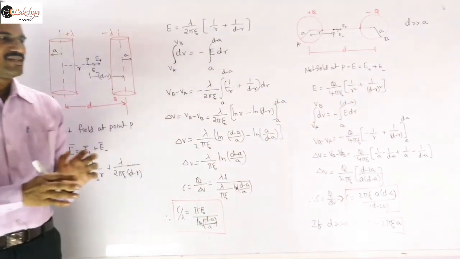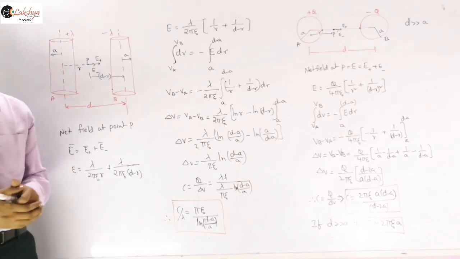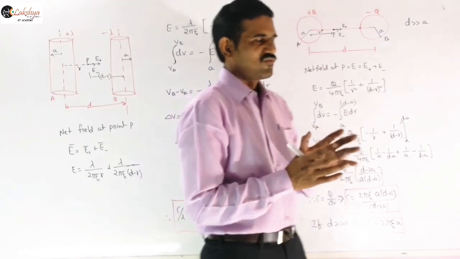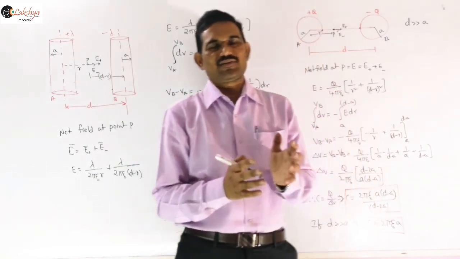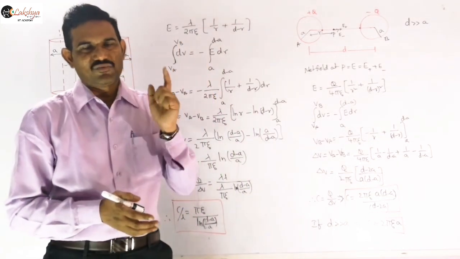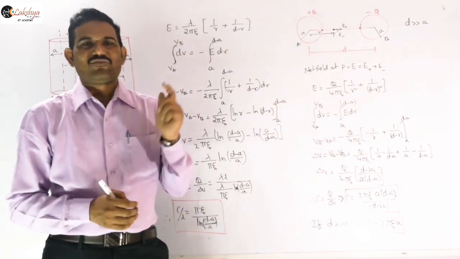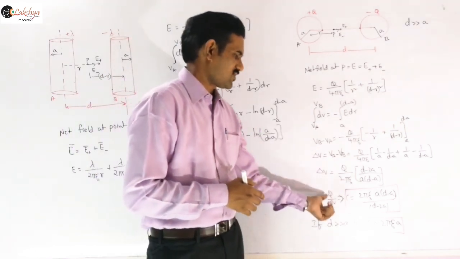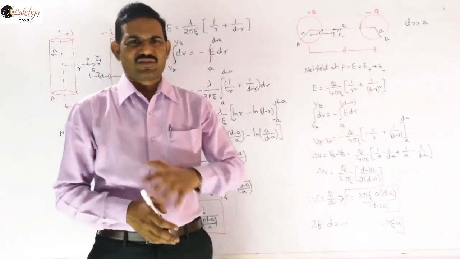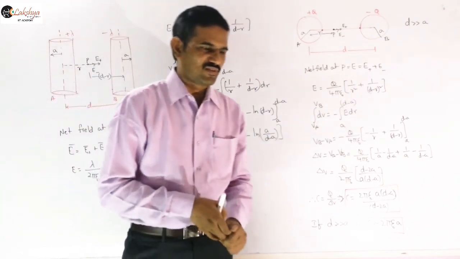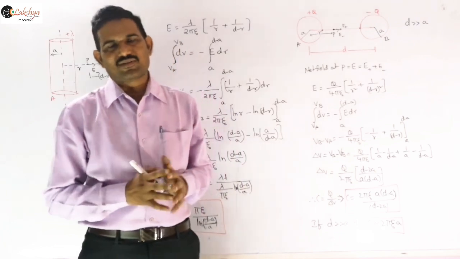So that is about cylindrical and spherical capacitors. You just need to note how to derive the formula. For both spherical and cylindrical capacitors, our procedure is common: we calculate the field, then from that the potential difference, then we define the capacitance using Q by delta V. That is the procedure for the problems and for the derivation of the capacitance expressions.